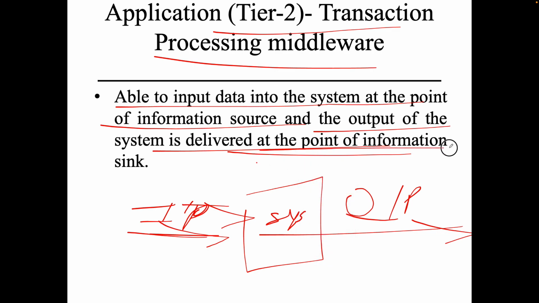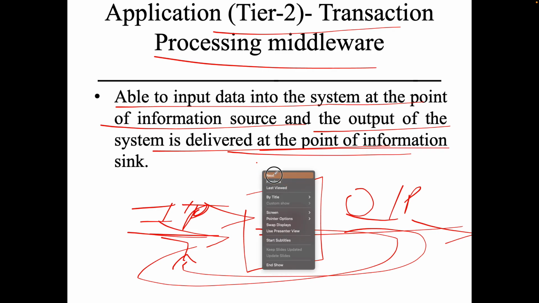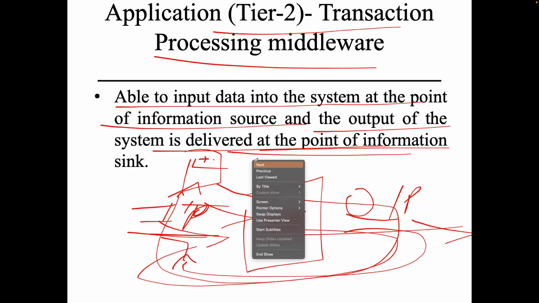द पॉइंट डिलीवर एट द पॉइंट ऑफ इंफॉर्मेशन से मतलब जहाँ पे रिक्वायर्ड था, जहाँ से इनपुट आया था. यूट्यूब वीडियो पे क्लिक किया, ठीक है, तूने इनपुट दिया कि मेरे को वीडियो प्ले करना है तो सिस्टम को इन्फॉर्मेशन जाएगा और तेरे को वीडियो तेरे ही डिवाइस पे दिखाएगा ना. ऐसा नहीं ना कि तूने इधर प्ले किया कि चलो मेरे को देखना मिस्टर बीस तो ऐसा नहीं कि किसी और के फ़ोन पे जाके मिस्टर बीस दिखा रहा है जिसको एक्चुअली न्यूज़ 18 देखना था, ऐसा तो नहीं होगा ना